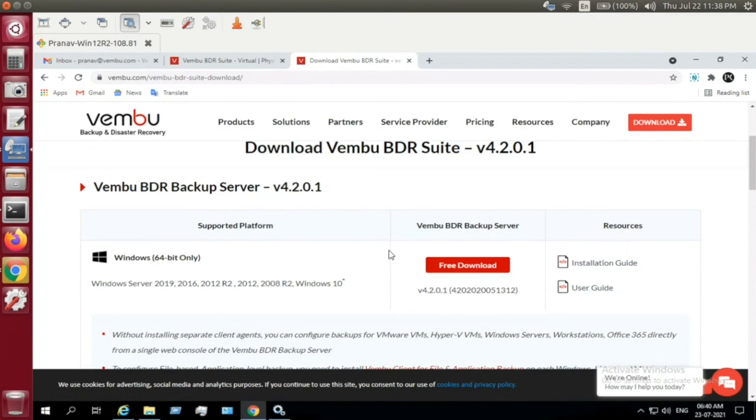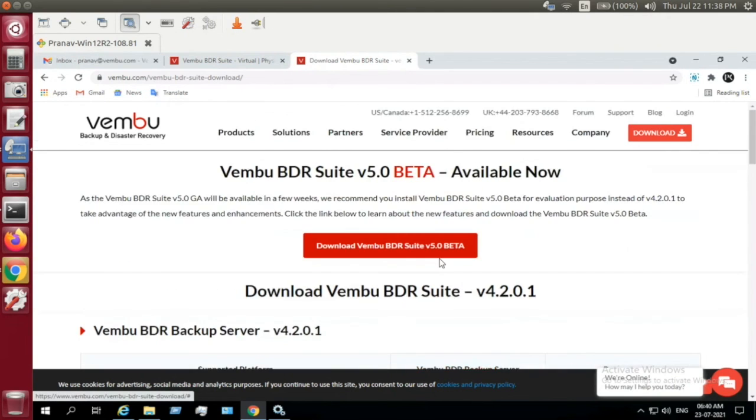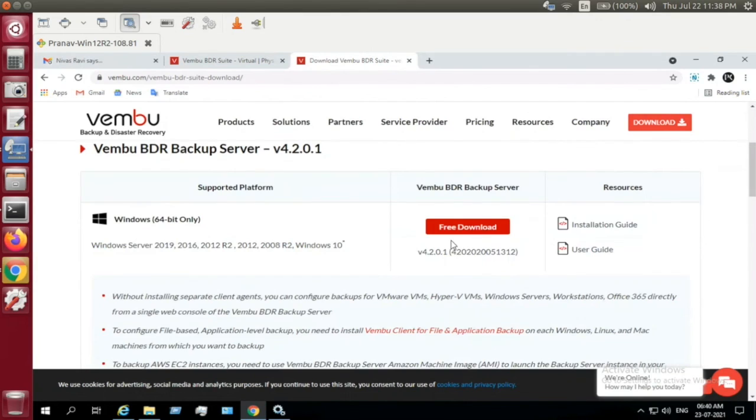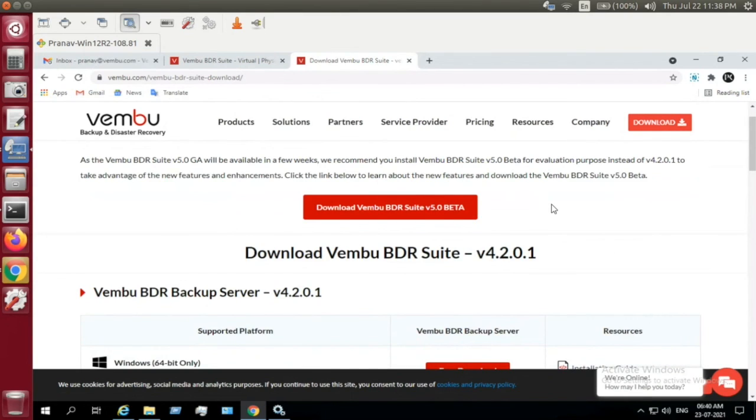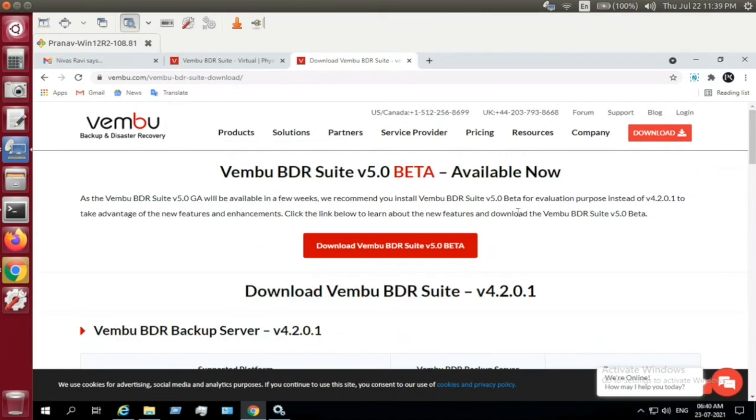That is the previous version 4.201, so that is also available. You have a 30-day free trial for this version, and the beta is completely free. You can try using it and get to know what features are going to come in version 5.0. We'll be releasing the BDA version 5.0 in a couple of months from now, hopefully by end of August or something. So until then, you can get to know the features that are going to come.